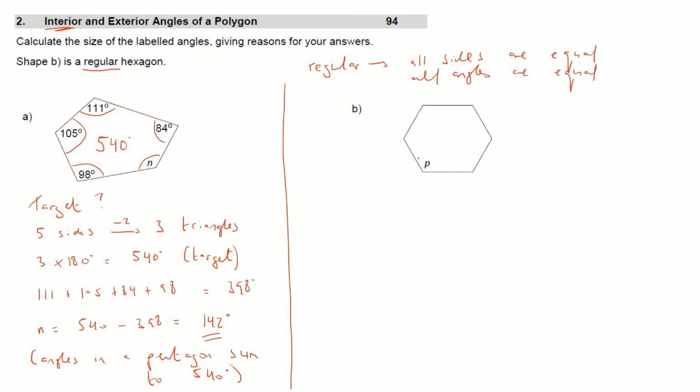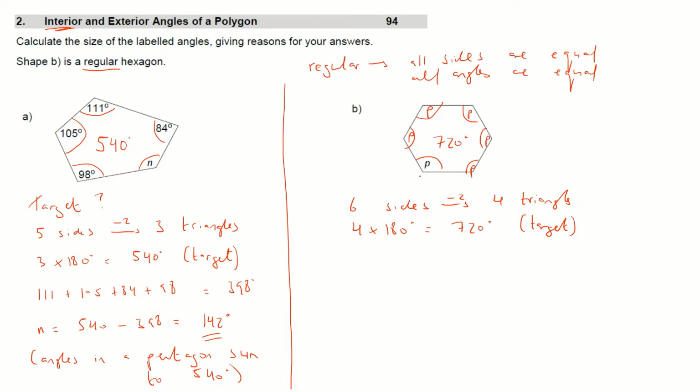So in this shape, if that's angle P, I could also call that angle P, that angle P, that angle P, that angle P, and that angle P. They're all the same. Now this shape has got 6 sides. So if you take away 2, that means there's 4 triangles in this shape. Okay, and 4 lots of 180 degrees is 720. So the target for a hexagon is